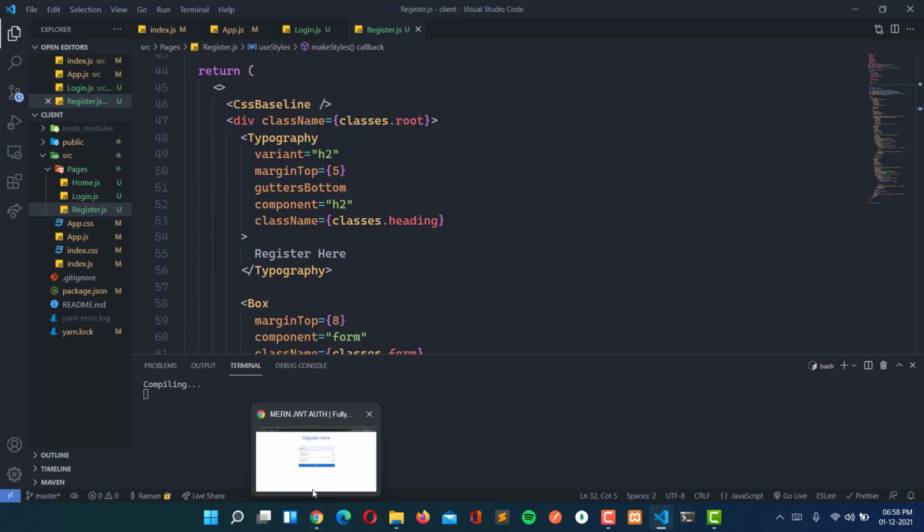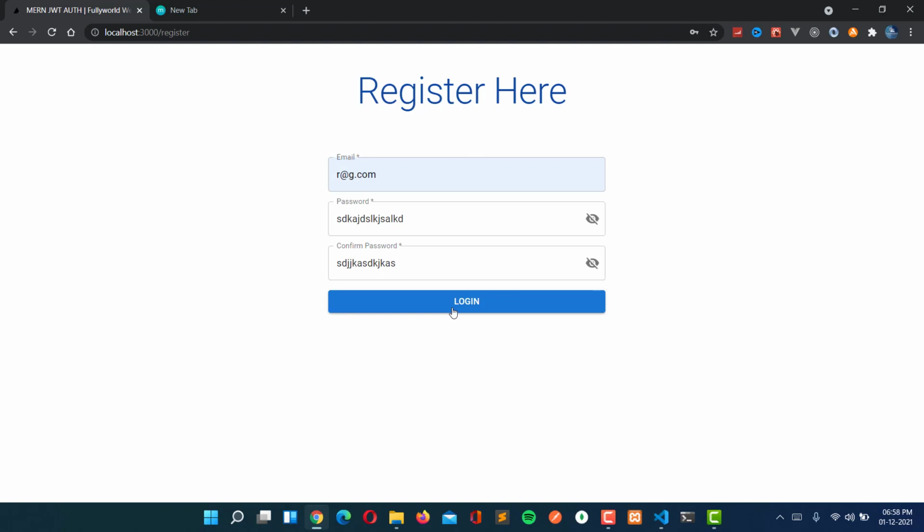And see that when I press here for the register, this will do nothing because I haven't implemented any handle submit for this. But validations are there, because all fields are mandatory: confirm password, password and email.